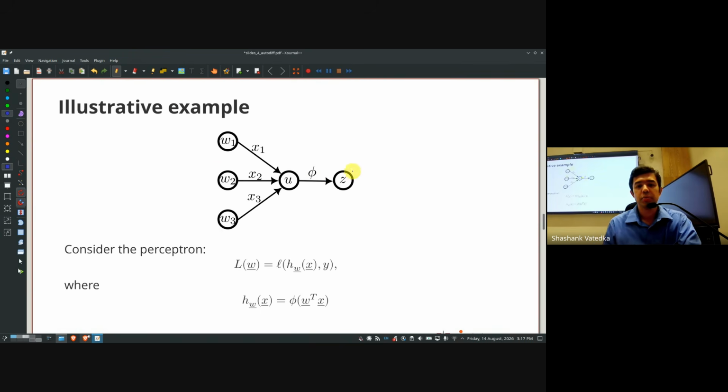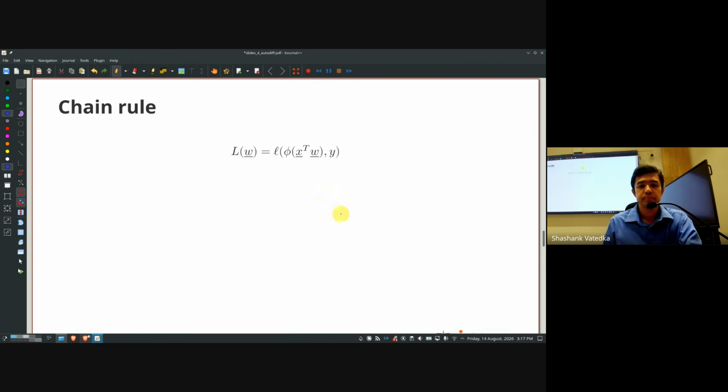Let's maybe keep this in mind. So I have w1, w2, w3, which are my variables. And I have u, which is another variable. And then I have z, which is my third variable. And I'm drawing these arrows to indicate that u is a function of w1, w2, w3, and z is a